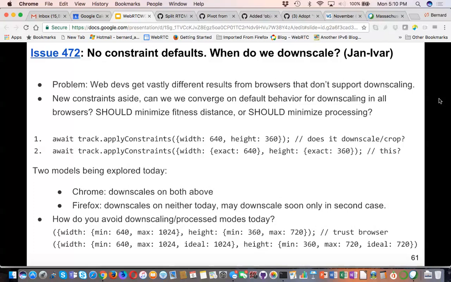I guess once you start expressing complicated constraints, I don't care that much if the browsers produce exactly the same result. But I'm trying to get to what most people put in. True, but the second category is just simple things like width 640, height 360.